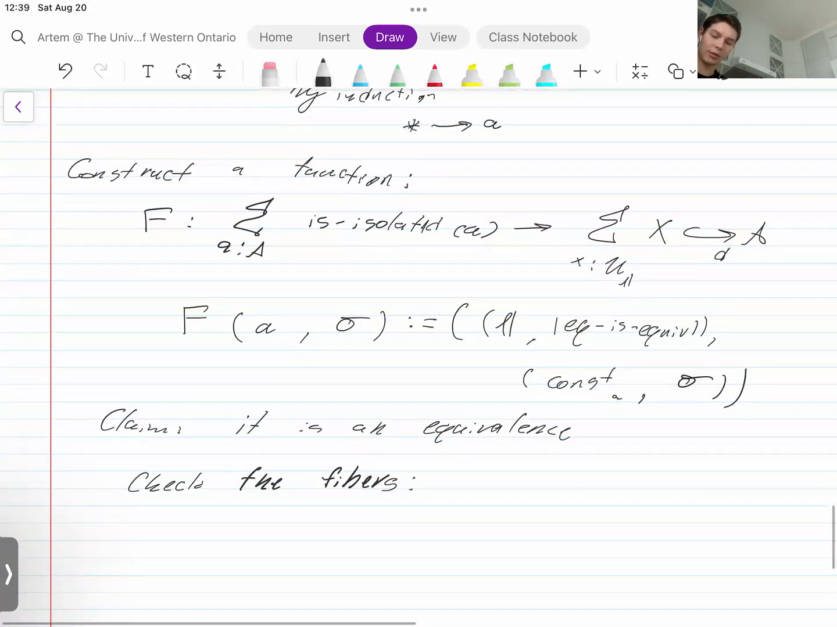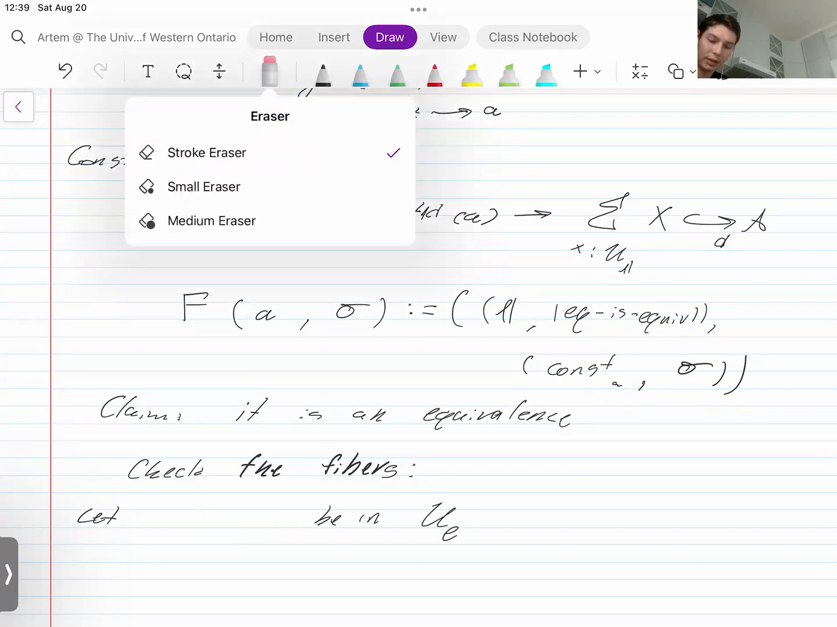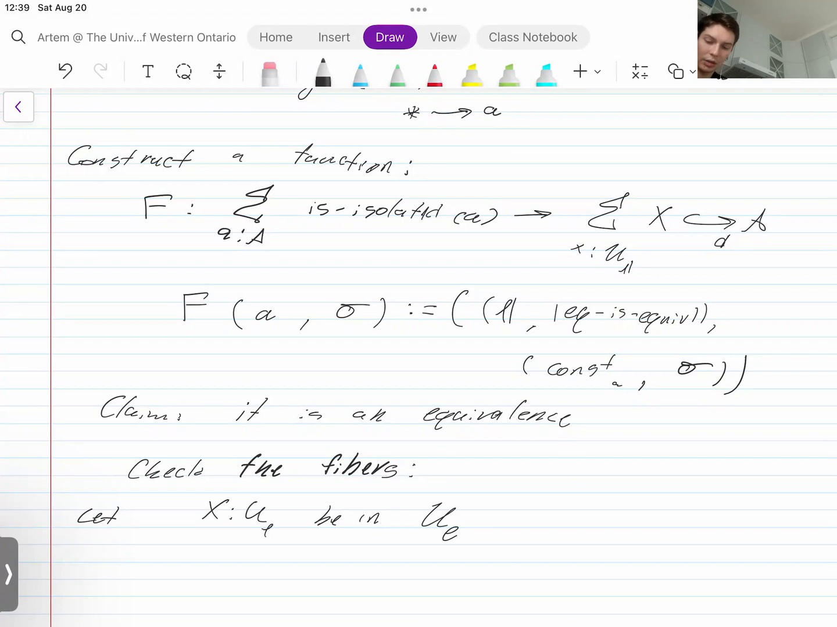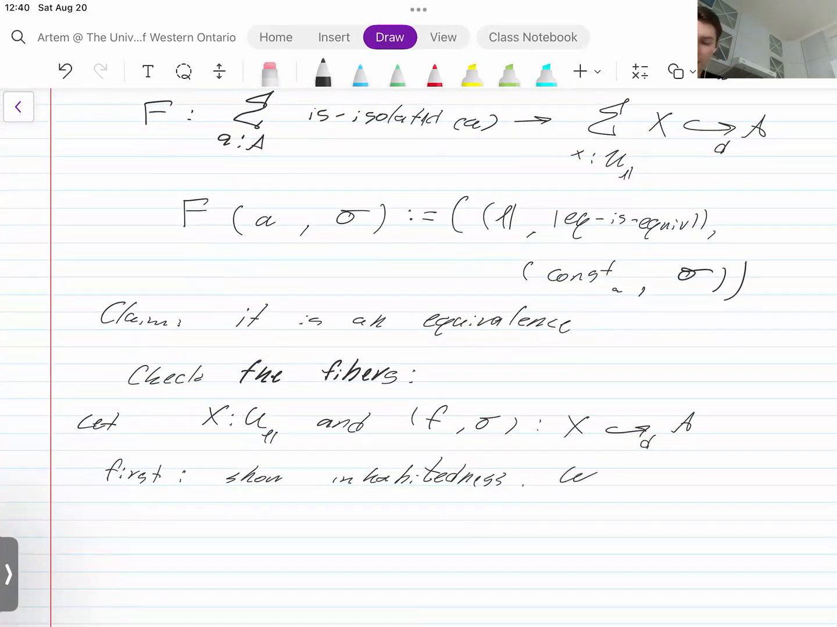Okay. So for contractibility, we let X be in U of unit, and f sigma in our type of constant functions into A. So first, we show inhabitedness of fibers. Okay, so we know that